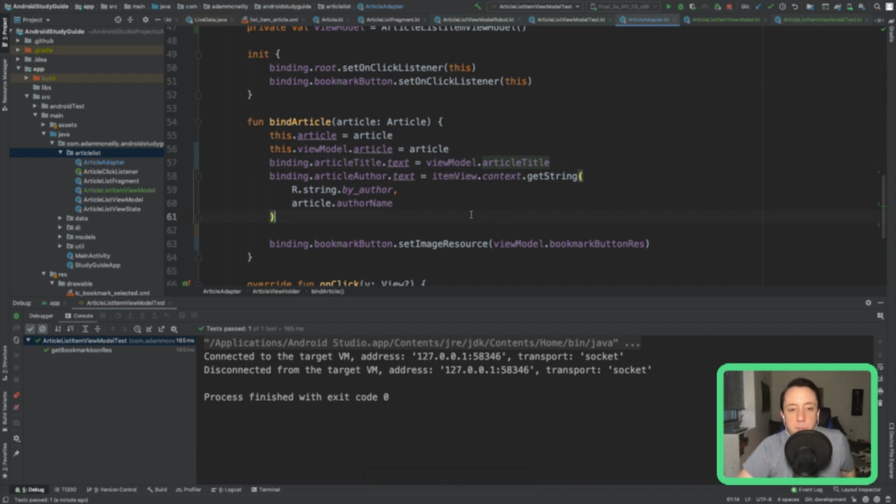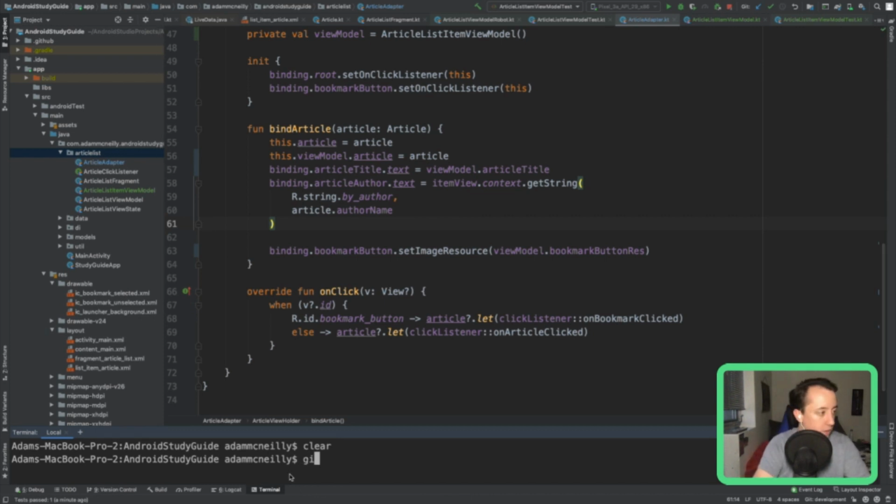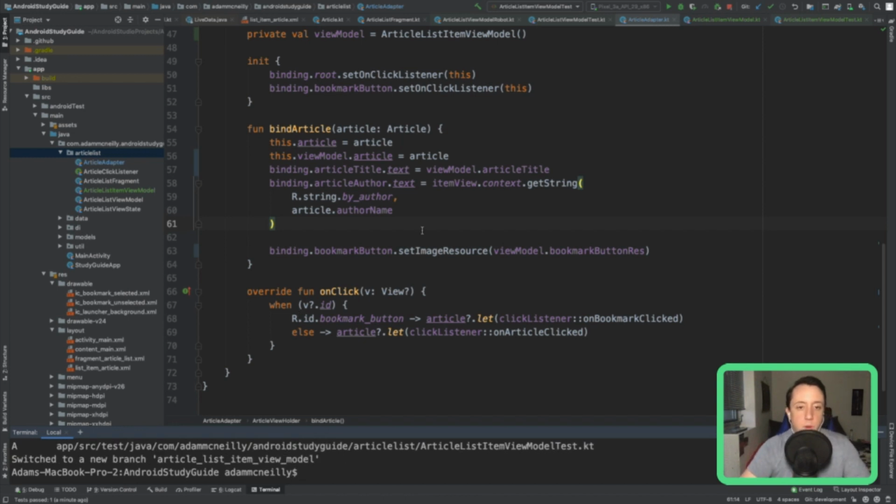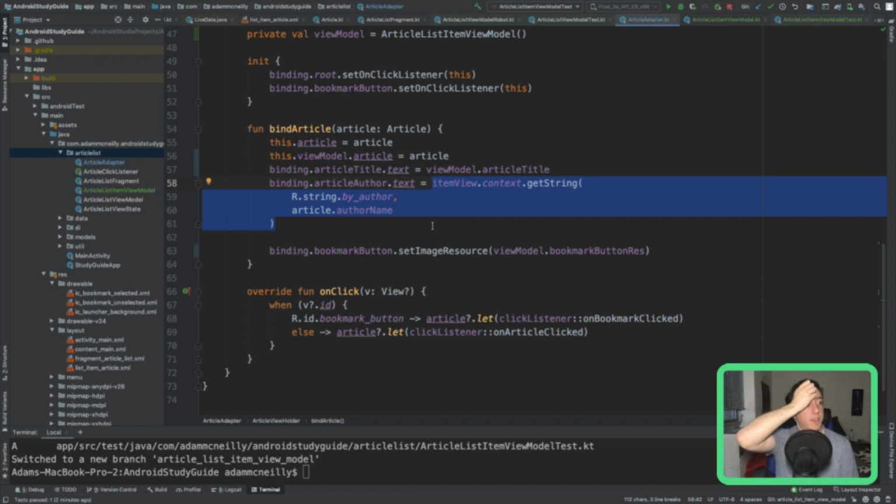So one thing I'm going to pause on before I get back. Also, let me put myself on a different branch. One thing that is a little trickier to think about is this right here, where we're referencing the item view context, and then calling for the string resource.